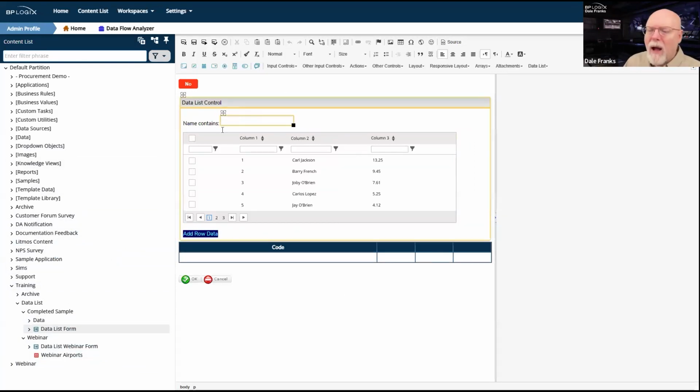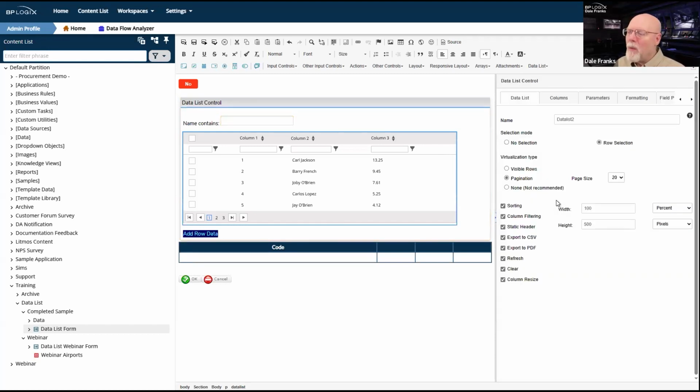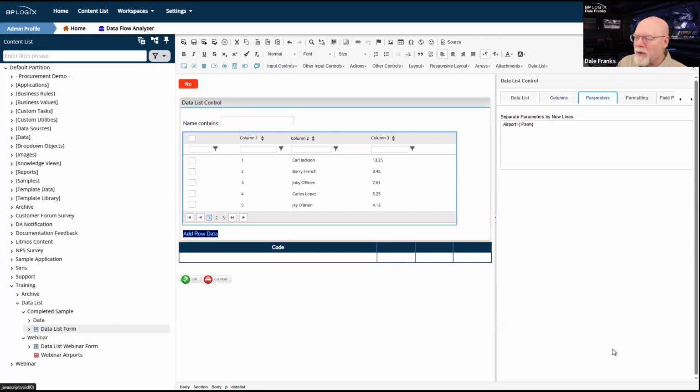So I want you to notice that I have this name over here. This may be necessary to parse through some data. Let me tell you what I mean. One of the tabs that we did not look at when we created our data list in the other form is the parameters tab.